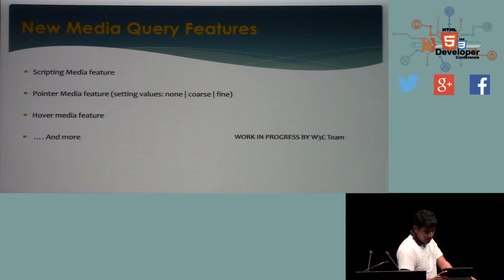The second one is the pointer media query. The pointer media feature has various values I'm going to discuss in a minute. It helps you determine whether the document is being accessed by any kind of pointing device, like a mouse or stylus, or none of them. If you say none, it means no pointing device is there,